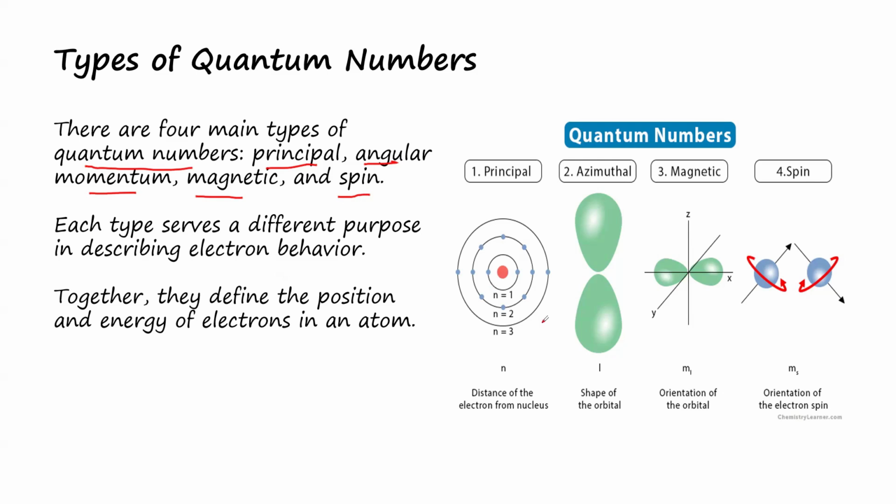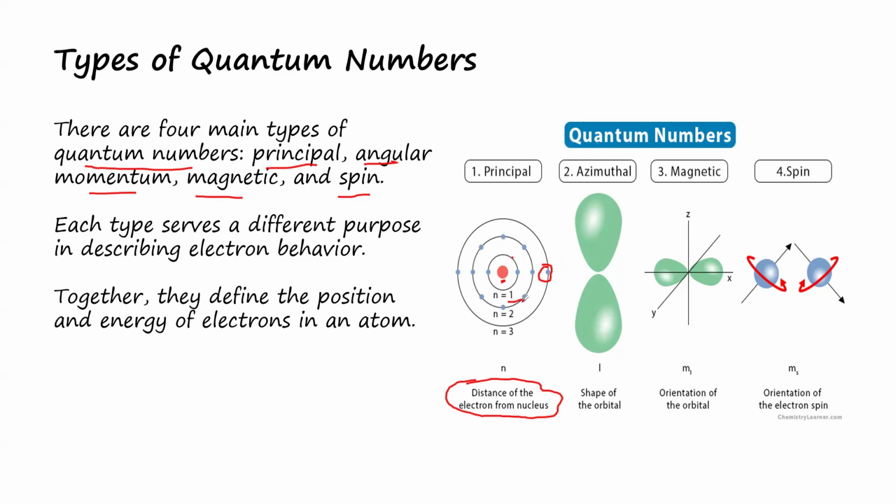Let's look at the principal quantum number first. The principal quantum number describes the distance of the electron from the nucleus. It shows the position or the distance of the electron from the nucleus. For example, this here indicates the nucleus, and this is an electron on the shell. If you are asked to identify the principal quantum number of the electron highlighted in red, the first shell is